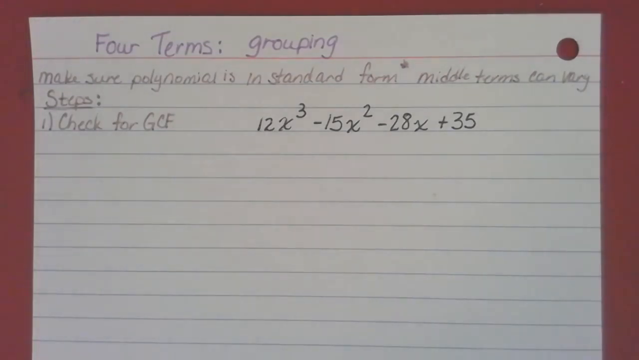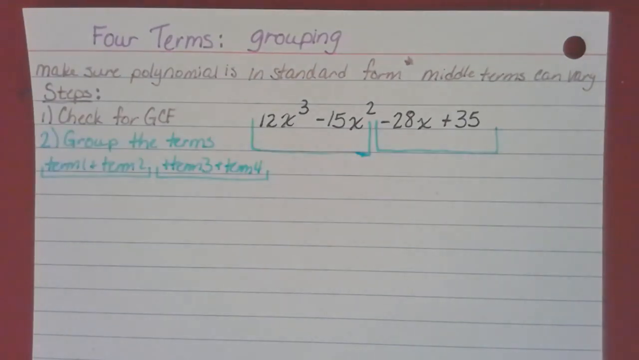And in this case, not every term has x's, so I can't use the letter. And there is no number other than 1 that goes into 12, negative 15, negative 28, and 35. And then our next step is to group the terms. We're going to group terms 1 and 2, and then group terms 3 and 4. Now, when I do my grouping on my work, I always make sure I give myself some room to write in them for our next step,